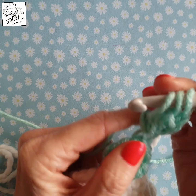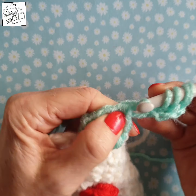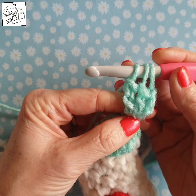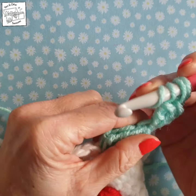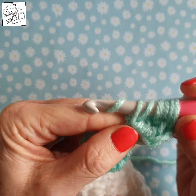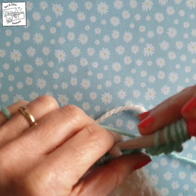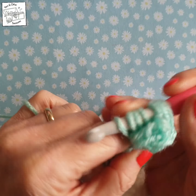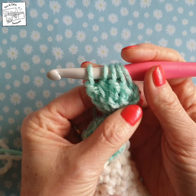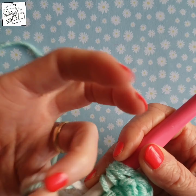Oh, sorry, did I do it twice? I can't remember. Okay, through 2, through 2. Yeah, so now I have 3 triple crochets, yarn over twice into the first chain, pull through 2 loops and 2 loops, one more time, 1, 2. So now I have 5 triple crochets, and I'm going to finish it off with a white yarn